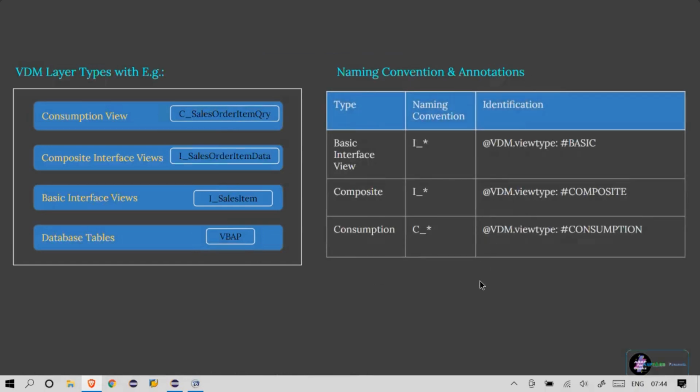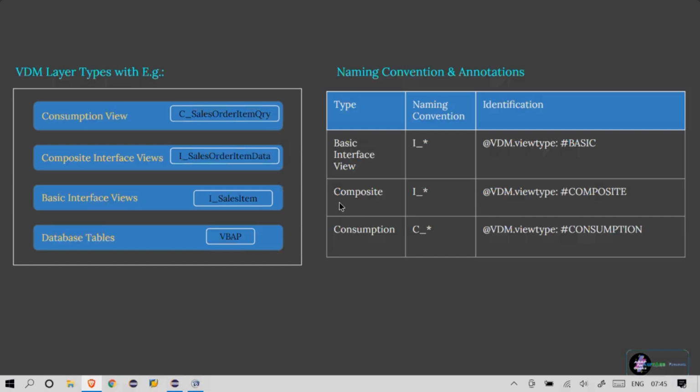So the next thing is naming conventions, and also what annotation we are supposed to use for basic views, composite and consumption. Basic views start with I underscore star, and composite views also I underscore star. So both follow the same naming convention, but the identification name will be different.